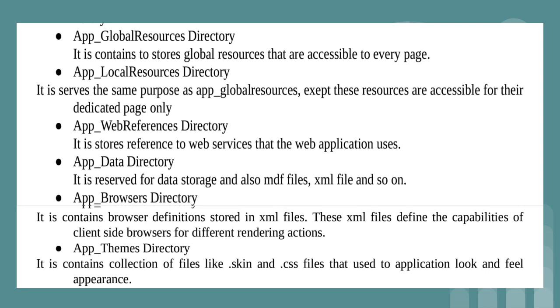And next we have App_LocalResources. Basically local resources are similar to global resources, but they are available locally. Means if we have created one new web page, and in that we have added a folder, and suppose in that folder we have some images, then that particular folder or those images are accessible to the current page only, not to the other pages present in the same website. So that is nothing but App_LocalResources. That particular folder is stored inside App_LocalResources.